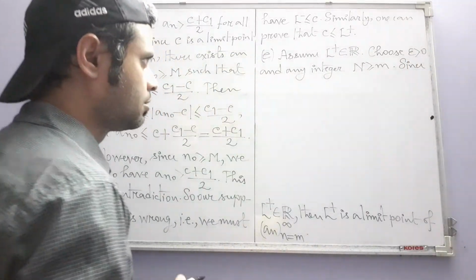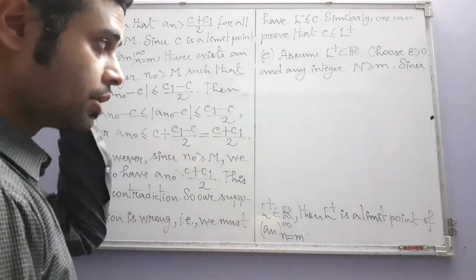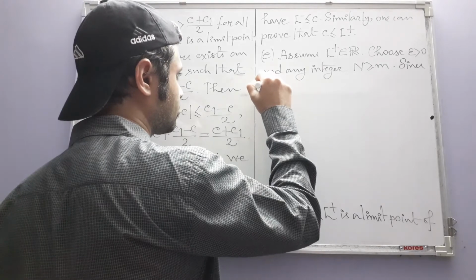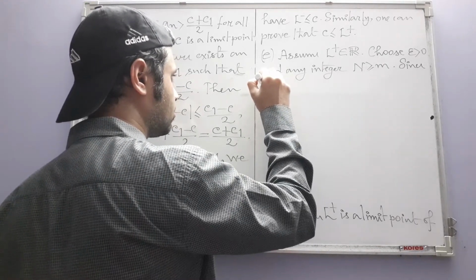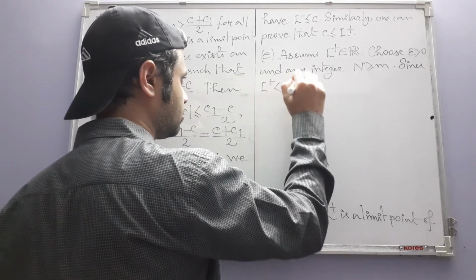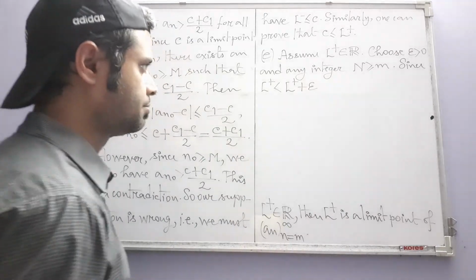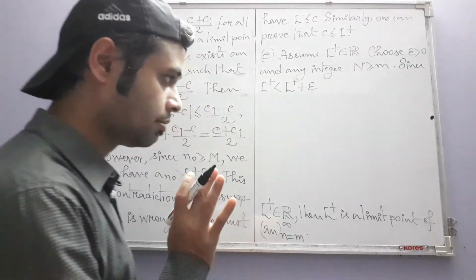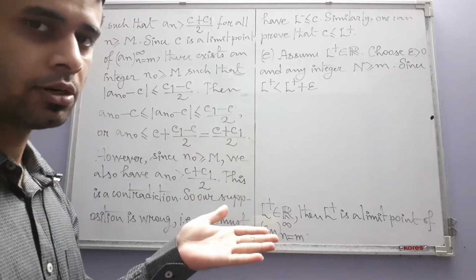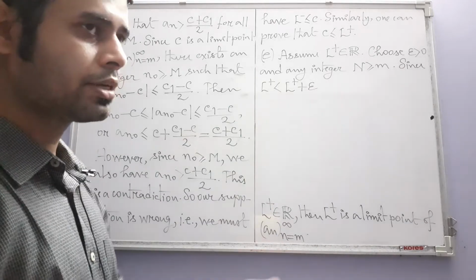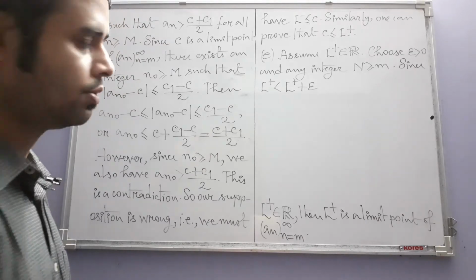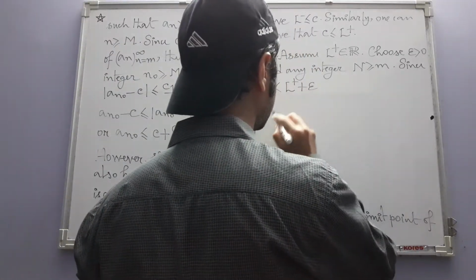Right, so because epsilon is positive, L plus will be less than L plus plus epsilon naturally. And now note that L plus is a real number. It cannot be infinite. It is neither plus infinity nor minus infinity. So this sum makes sense. Okay, it is meaningful. So since this is less than this,